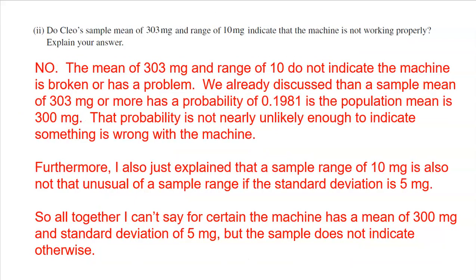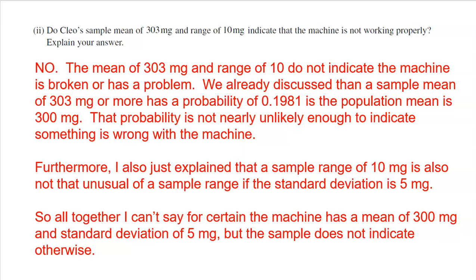All right, final question of this very long problem. Do Clio's sample mean of 303 milligrams and range of 10 milligrams indicate that the machine is not working properly? No. And it's kind of funny that they asked this question because I've literally already answered both of these questions. So I'm literally just going to repeat myself here. The mean of 303 milligrams and the range of 10 do not indicate the machine is broken or has a